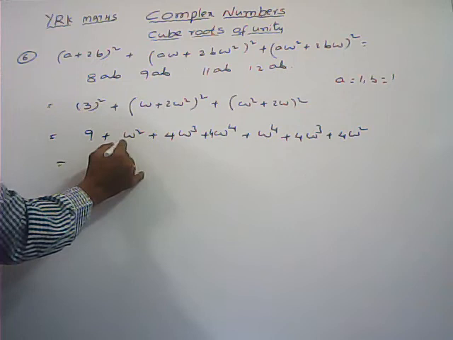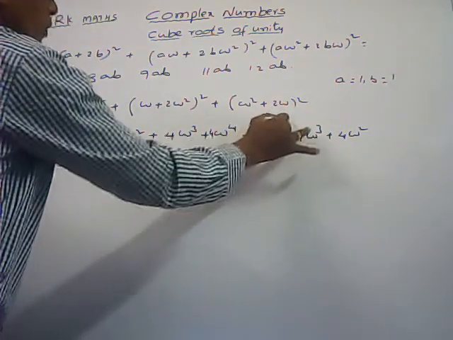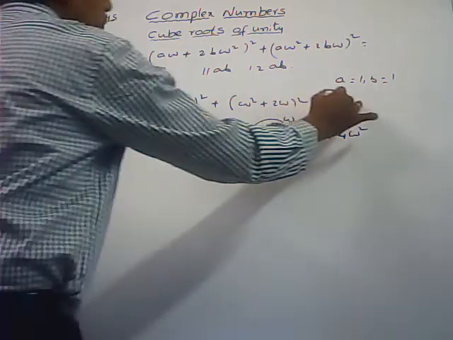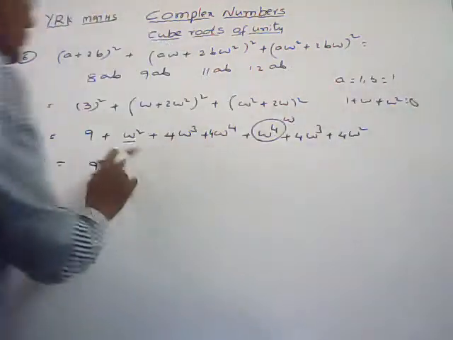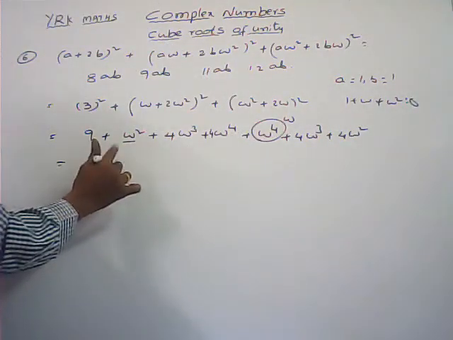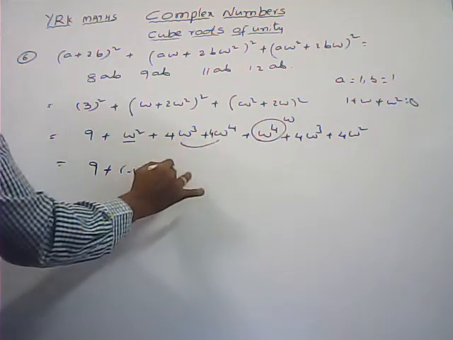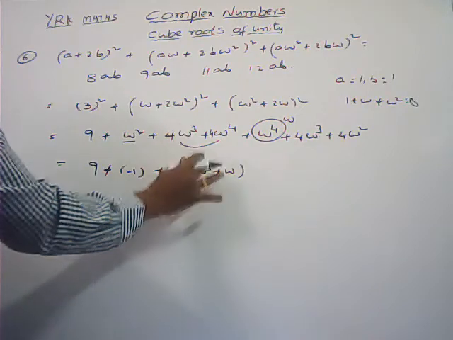If I write these two terms, here omega is omega square, this value omega 1, omega cube into omega. So 1 plus omega square, that is equal to 0, omega square plus omega, that is minus 1. And from these two terms if I take 4 as common, this is omega cube plus this is omega cube, that is 1.